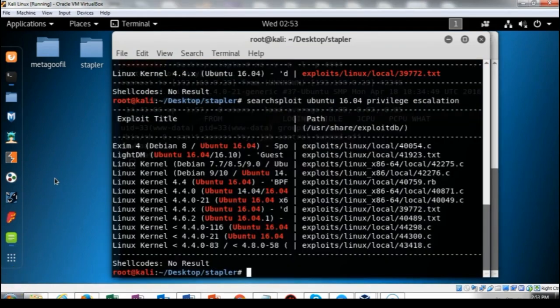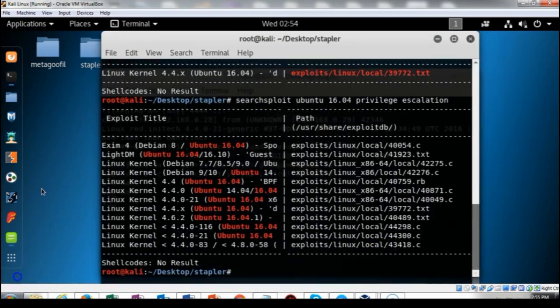Using searchsploit, I typed in Ubuntu along with the version number, and then I followed that up with privilege escalation. Now if you go down here, you're going to have to find the kernel that we're currently using, and for us that's going to be 4.4.x, but also this has to be the 32-bit, which is the operating system that we currently have on our target. So we're going to look at this particular exploit right here,